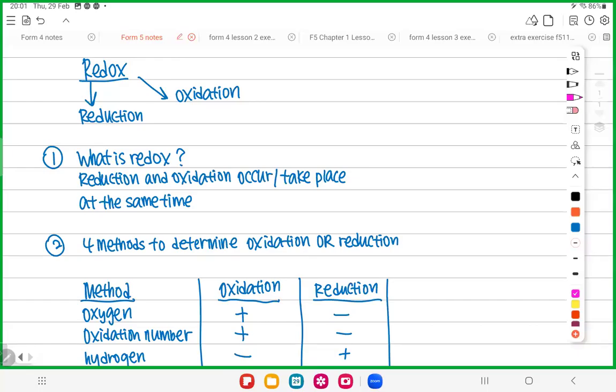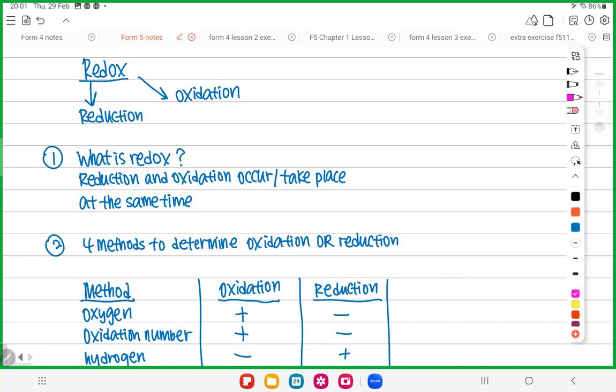Okay, so let's start with today's lesson. Today's lesson is actually lesson number 3, for our Form 5 chemistry. As usual, let's spend some time to do a very quick revision of what we covered in the